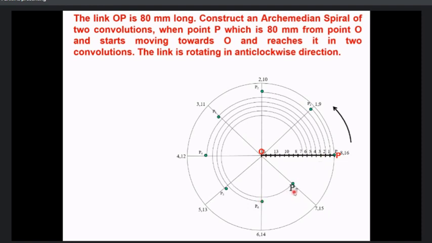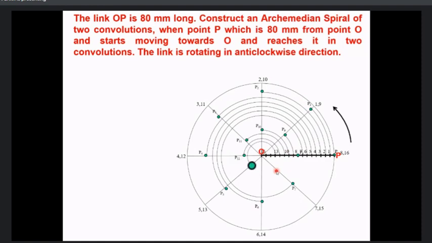For P7 it is okay till here. For P8 it will be exactly coinciding with the 8th point. Okay, जो 8th point हमारा है उसी पे आपका P8 आ जाएगा. For 9, take O as a center, O9 as a radius, mark an arc, you will get a P9. O as a center, O10 as a radius, mark an arc. Repeat the process again.